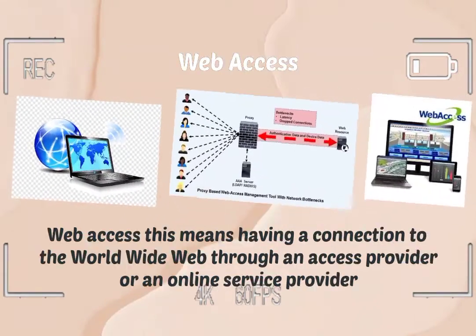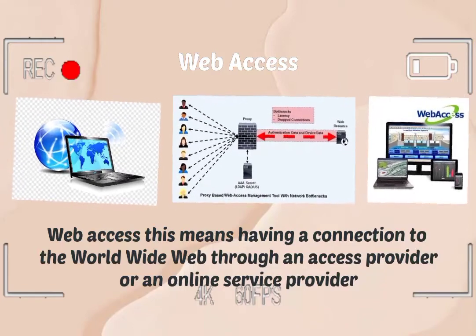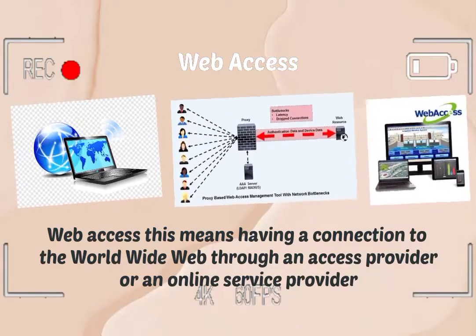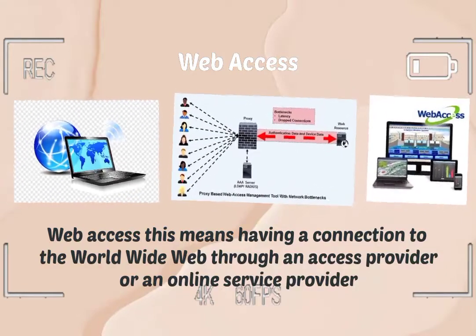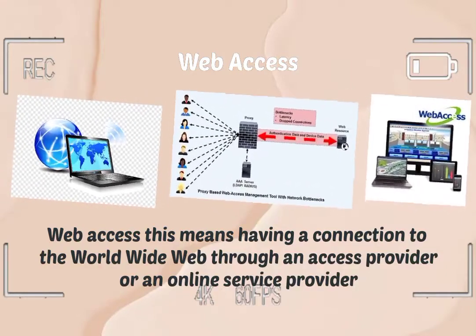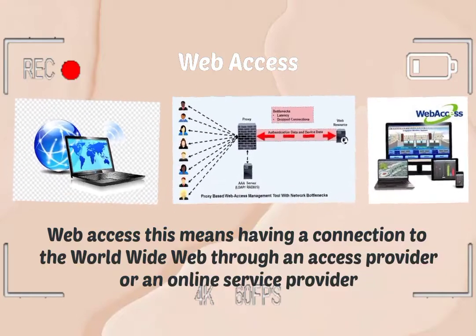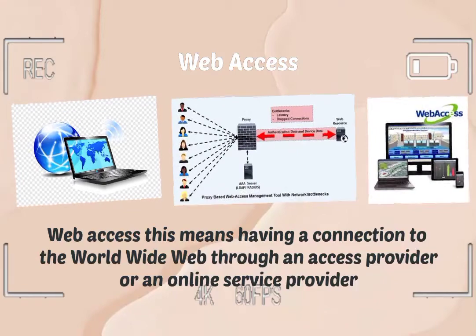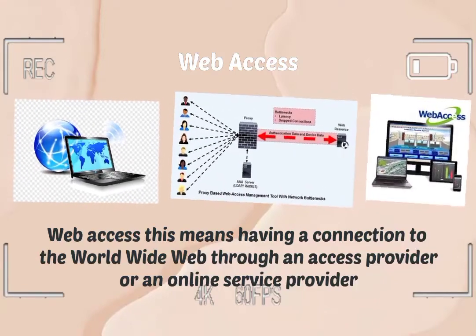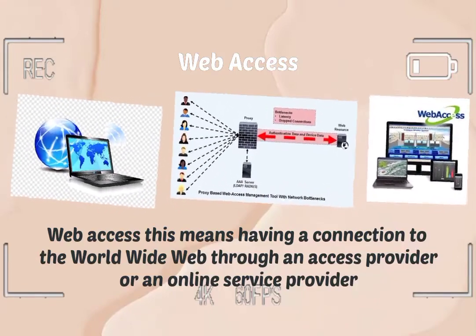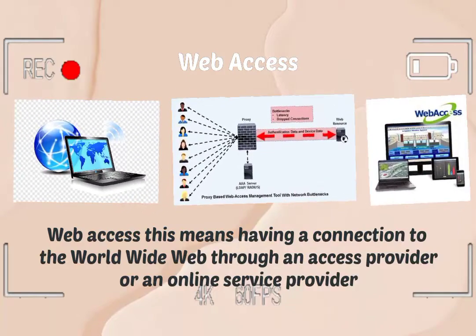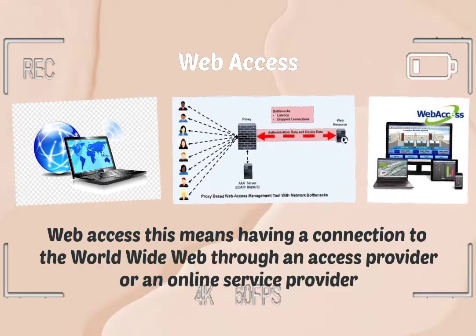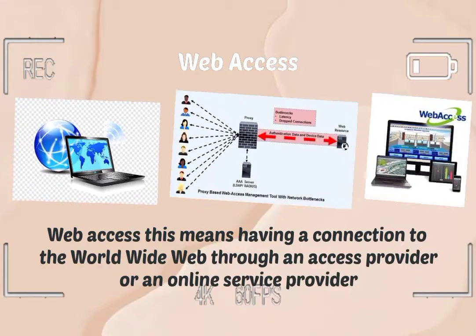Fourth is web access. This means having a connection to the World Wide Web through an access provider or an online service provider. For data access, access is usually specified as read-only access and read or write access. For example, you are going to download an image or file online or from the web. If the alt text isn't provided for the image or file, then the image or file information is inaccessible. So you have to find another that is easy to access so that you're not going to be accused of